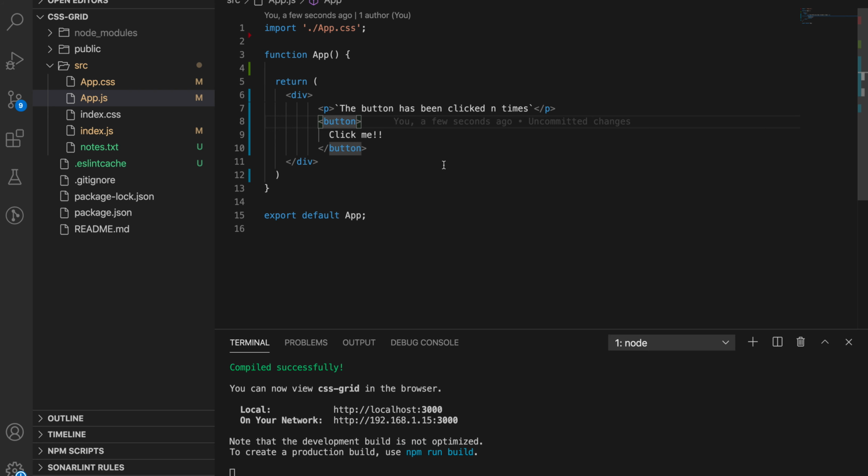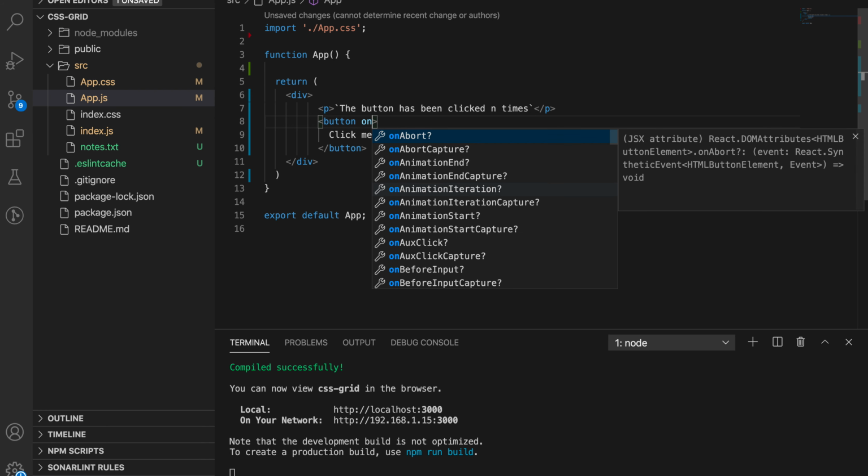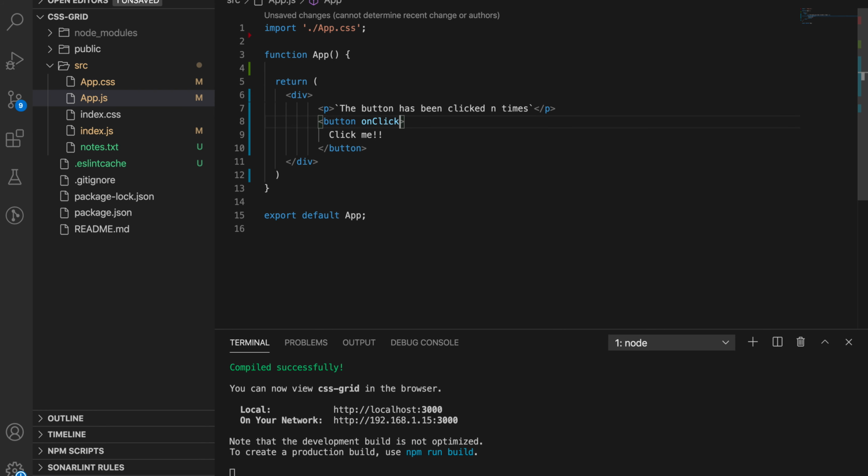So in React, each element will have functions associated with it, and those functions are basically triggered when an action happens on that element. One such function is the onClick function. So an onClick function, what it will do is it'll basically,